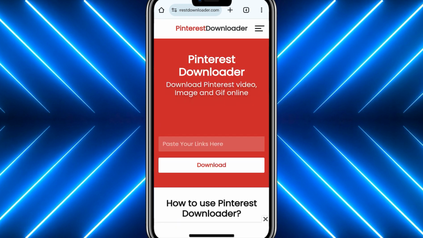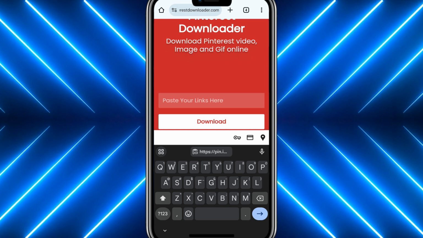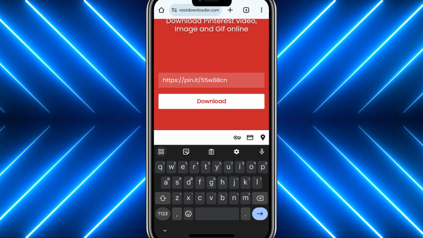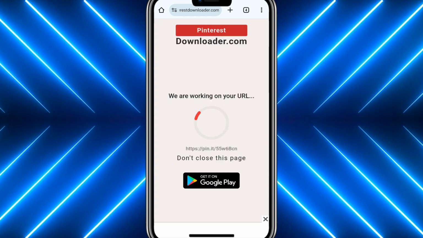Once you are on this website, scroll down a little bit and tap and hold on where it says paste your link here, and then simply paste in the link to that Pinterest video that we just copied. Once you paste in that video link, simply tap on the red download button over here, and then it will